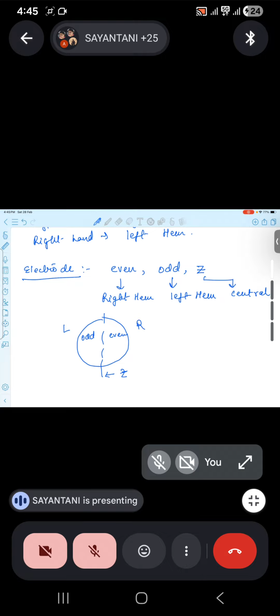So the question is, we understand what kind of response we are acquiring from the right hemisphere, what kind of response we are acquiring from the left hemisphere. But the question is, what kind of response we are acquiring from the central region of the hemisphere. So from here, we get the average of information from the right and left hemispheres. So that is the signal we obtain at the centralmost region of the brain. Okay. Now,